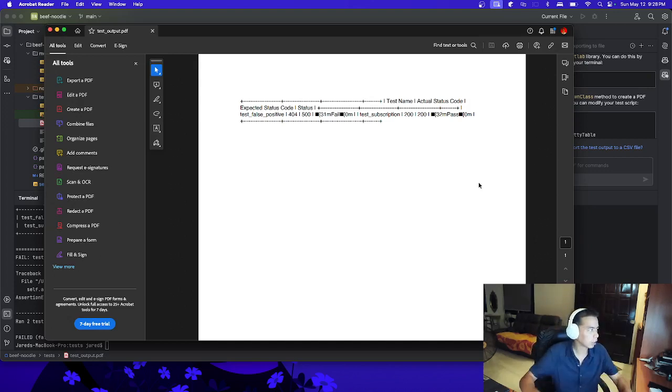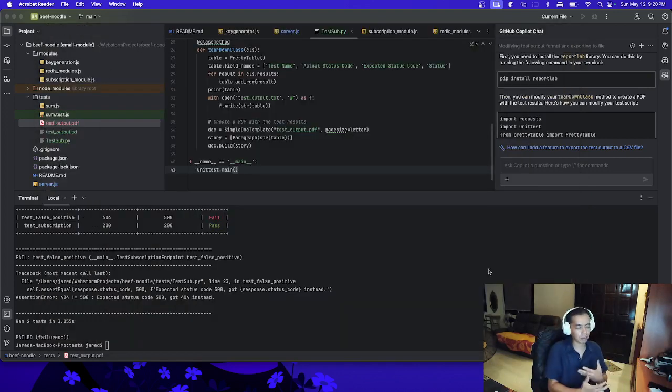You can still send instructions to Copilot on how to format this, and then you can also fix it yourself. And also you can add functionalities to send email to a group of QA, something like that. But all in all, the idea is you can use Python to write automated testing.